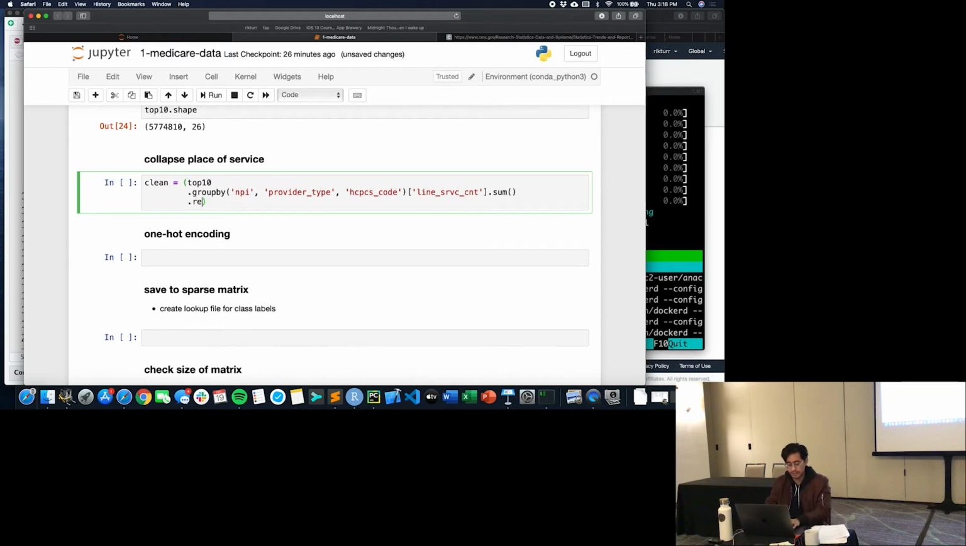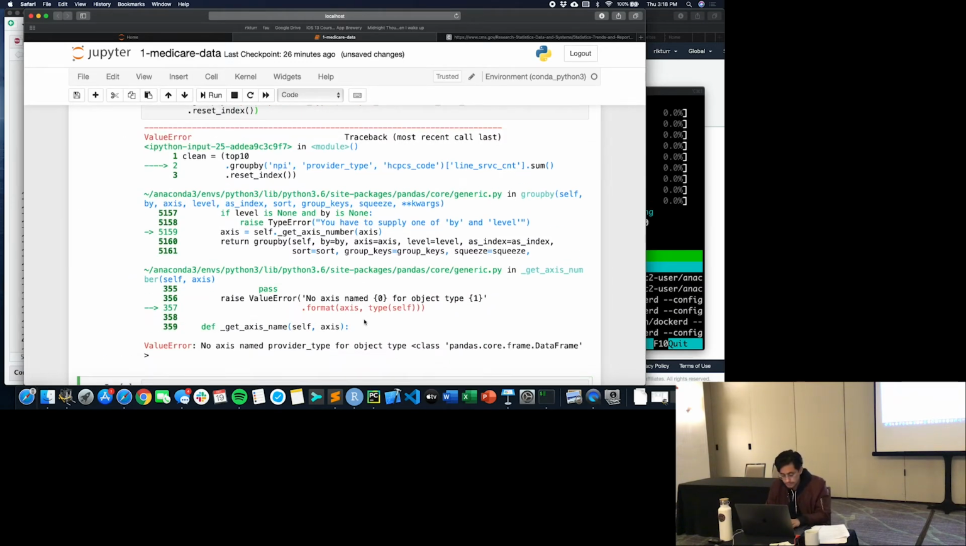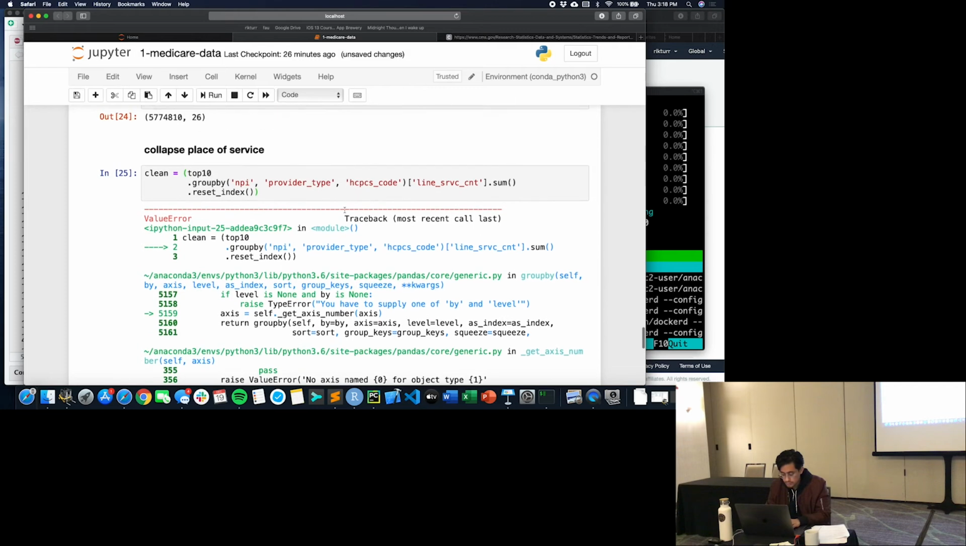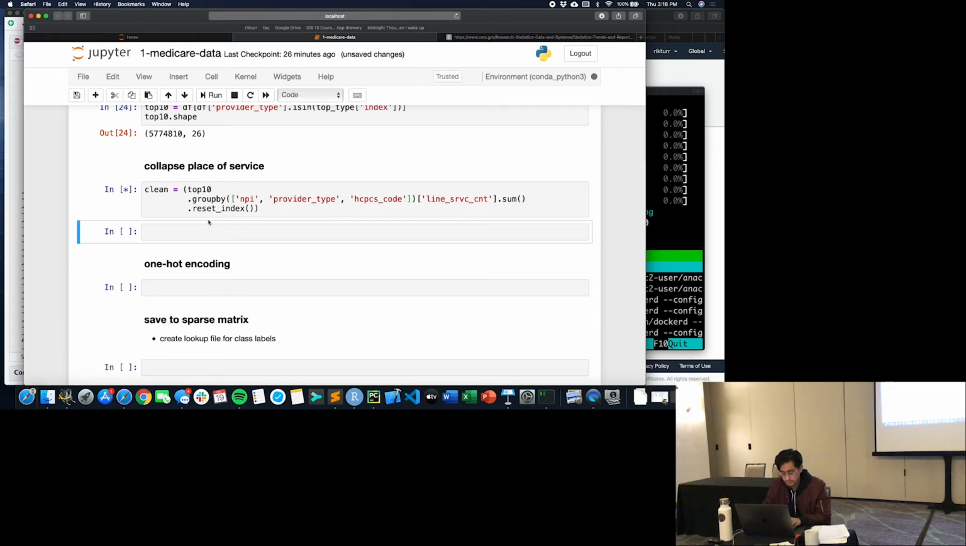And then I'm going to reset index, because when pandas does a group by, it puts all the group by elements as your index, and I just want them as flat columns. So that's going to take a second. Oh, I messed something up. Oh, it needs to be brackets because I have multiple columns. There. So that's going to take a second because it's going to group by those things and then do the sums. But now if I